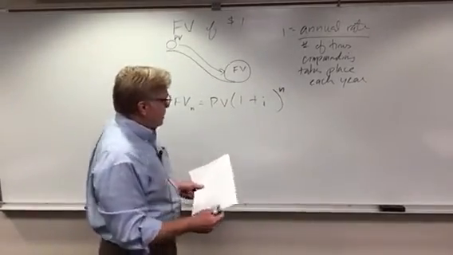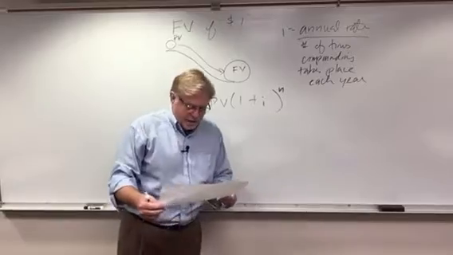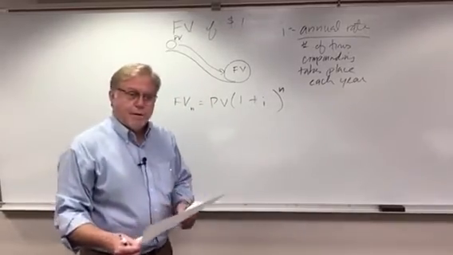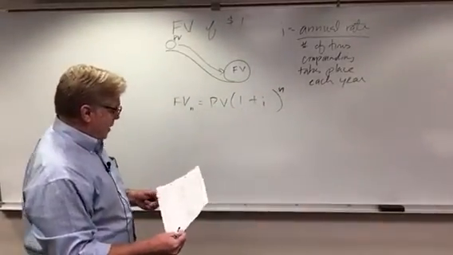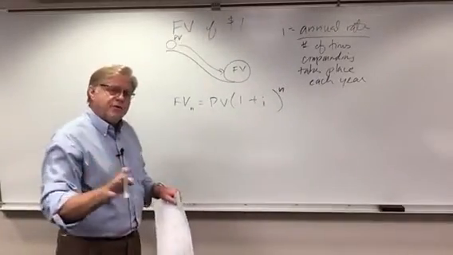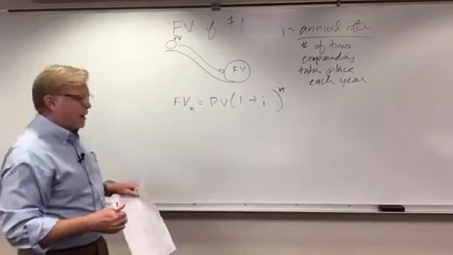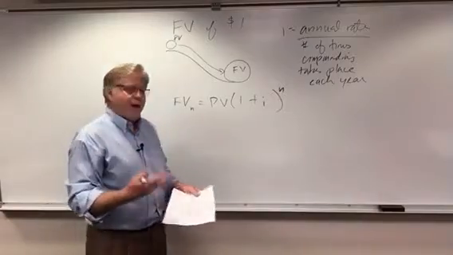And N represents the total number of times compounding takes place over the investment term. In this particular application, by the way, the usable form we'll get to in just a minute. Let's go ahead and spend some time with this application and make sure we have an understanding of what's